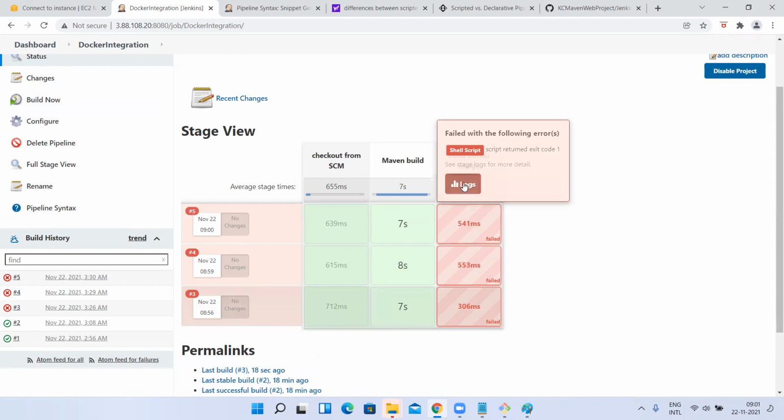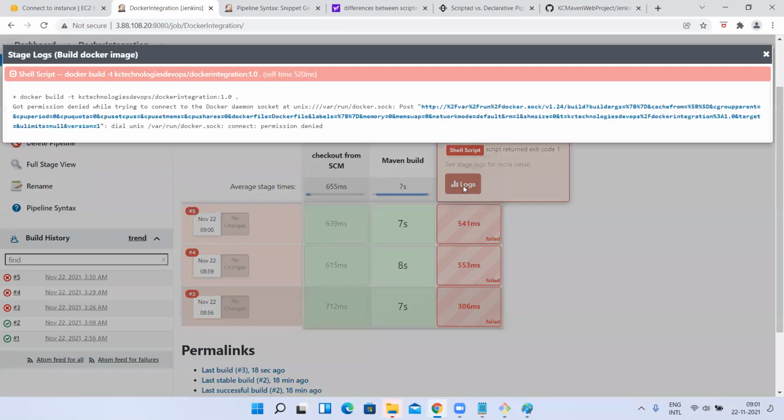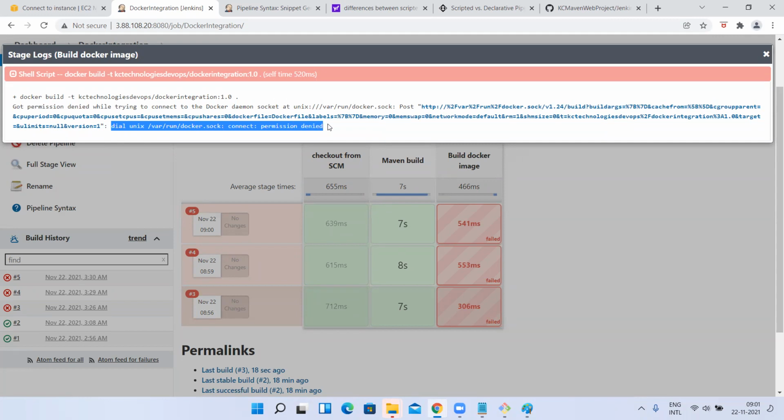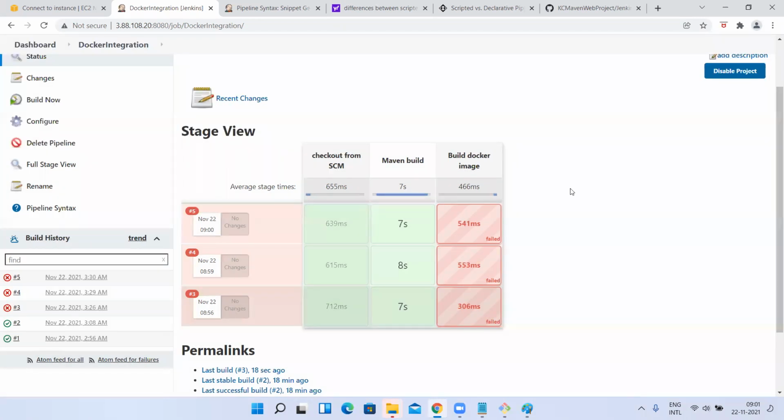Permission denied. How do you know permission denied? Because we have to add the user into the Docker group. Okay. Now you observe. That is exactly a good guess. I'm happy for you, man. But it is saying got permission denied while trying to connect to the Docker daemon. Permission denied. Yes, permission denied. Why? Tell me. The user who is executing should be added to the Docker group. Exactly. You have to perform sudo.